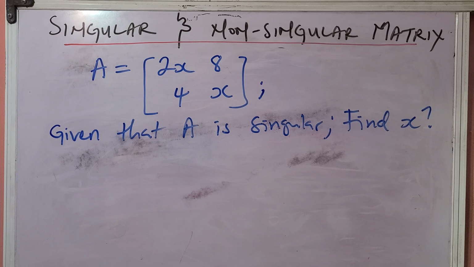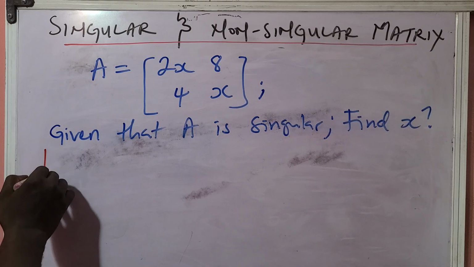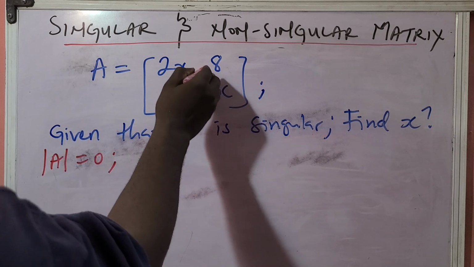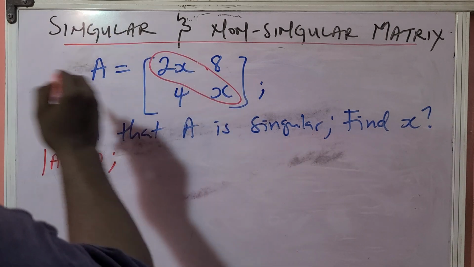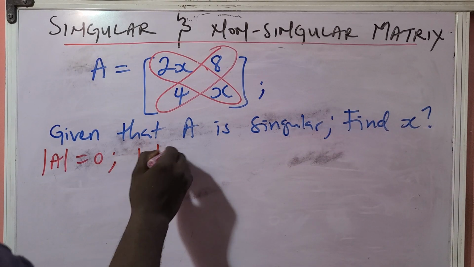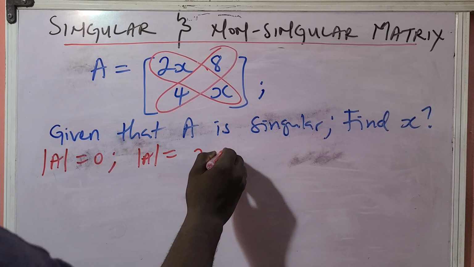All right, let's try and solve this question we have right here. If you can attempt it, you can pause the video right here and tell me what your answer is in the comment section. Looking at this question, you're told to resolve the value for x, given that this matrix A is singular. Of course, you should know already that when you say a matrix is singular, that means the determinant of A will be 0. So let's find the determinant of this matrix A. The leading diagonal minus the other diagonal. So we have the determinant of A will be 2x times x